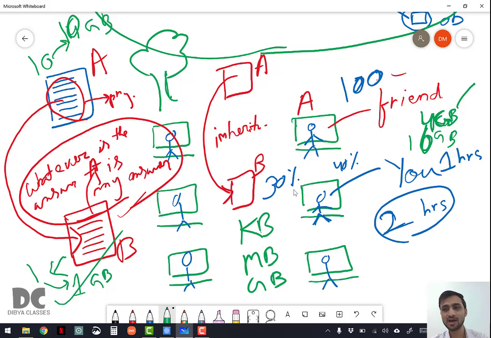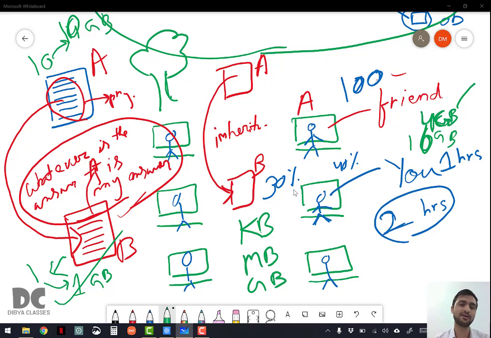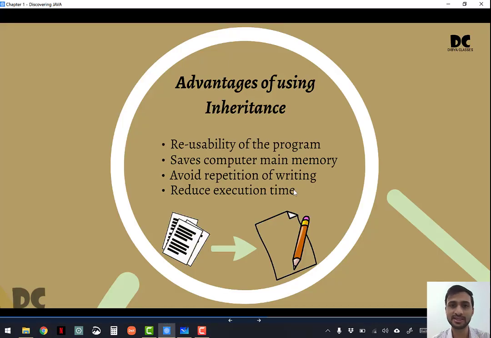Okay, so this is how you have used the concept of inheritance in your exam. You have just written the syntax to inherit from A to yourself, that is B, and whatever is the answer of A is my answer, and you have used all the 4 advantages: reusing the same answer, or here reusability of the program. You have saved pages, that is, saves computer main memory, basically hard disk, or sometimes RAM also, depending on where you are writing the program.